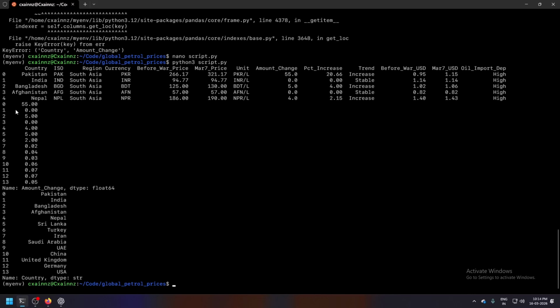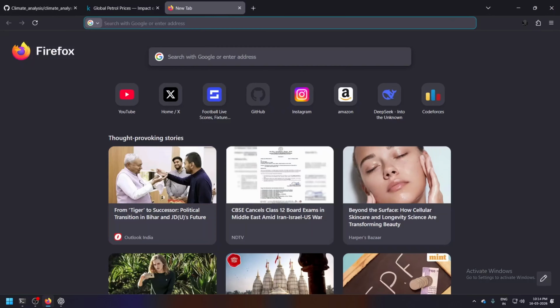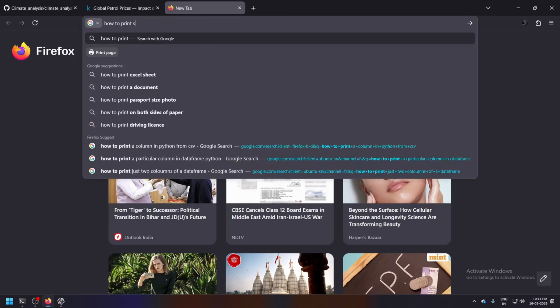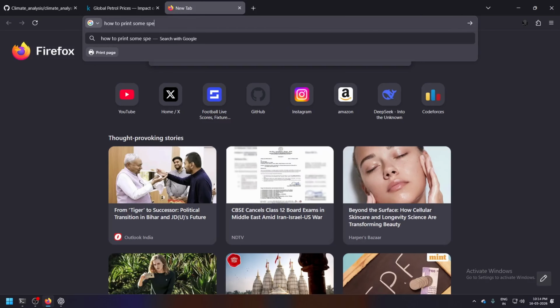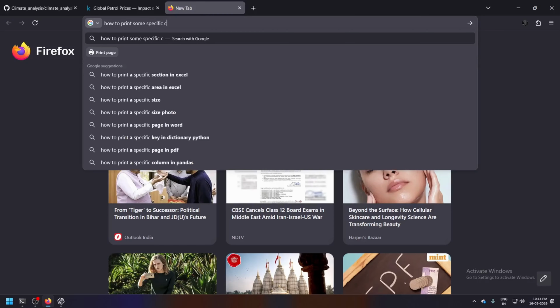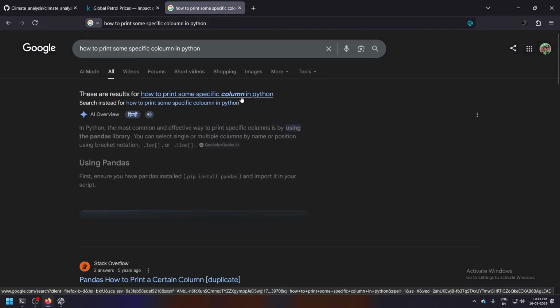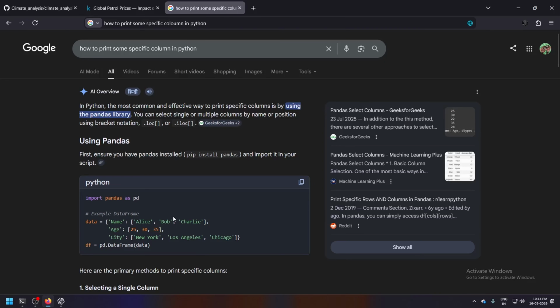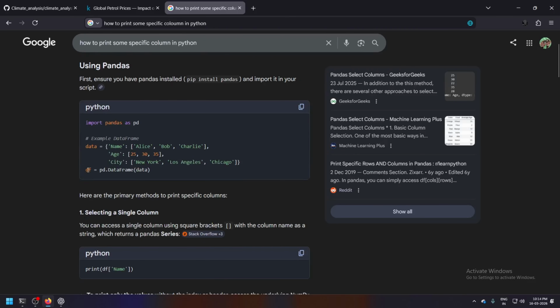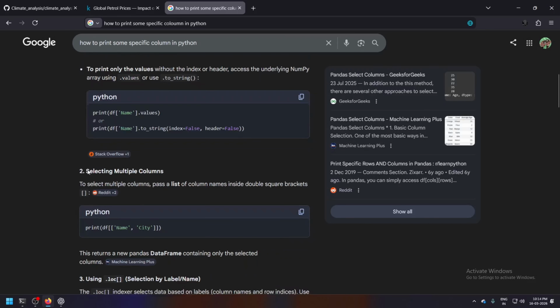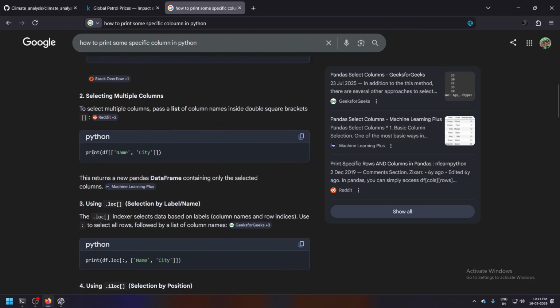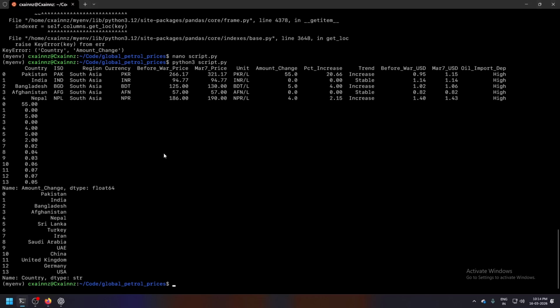Let's make it sideways. So if I want to print some specific columns, I can write it like this. Okay, got it.